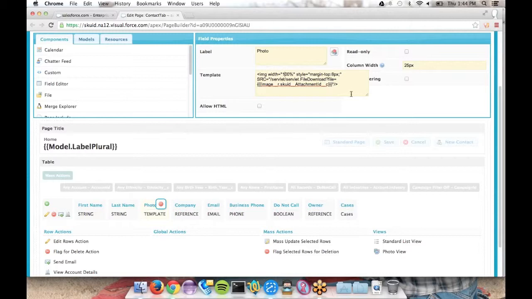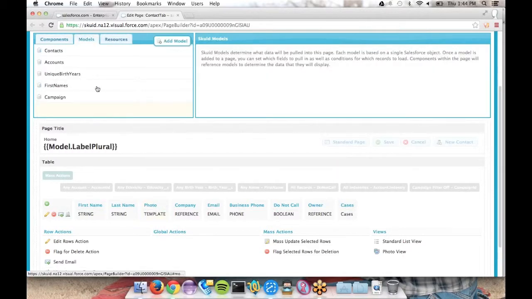So we just have a template here where we're limiting the width to 25 pixels, and there are different ways of doing the width. But you're really just specifying the width of an image and then limiting it by the size of the column here. We could be more explicit and say width is 25 pixels, height equals 25 pixels, something like that. And then what we're showing is we're getting the file download URL for an image stored using our Squid image component.